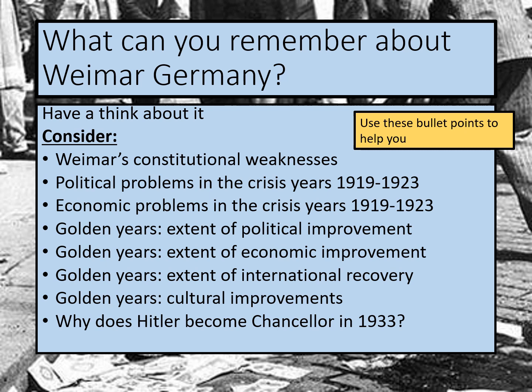And finally, we're going to be finishing this topic by looking at why Hitler becomes Chancellor in 1933. Can you think of any reasons why he does? There are a number of different reasons for why people voted for Hitler. To give you a bit of a clue, can you think of any reasons why people voted for Hitler? What do you think were the most important reasons? Once you've had a think about this, we can then move on. You might want to pause this video for now so you can have a good think for yourself.